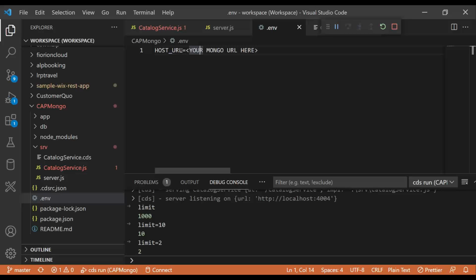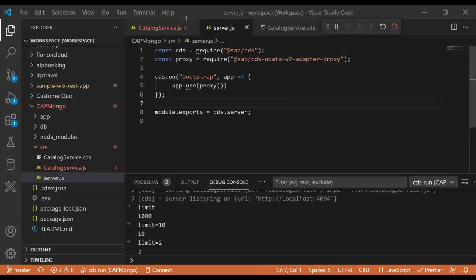And here you can maintain a variable called host URL. Here is where you can cut and paste the URL of your MongoDB. Your personalized MongoDB of each developer can be pasted here. I will pause my screen for a second and bring the URL which I have. It has sensitive information, so that's why I paused my screen, and I will close the file. Remember, the variable name is host URL. Once I do that, I will close it and switch back to my project file.